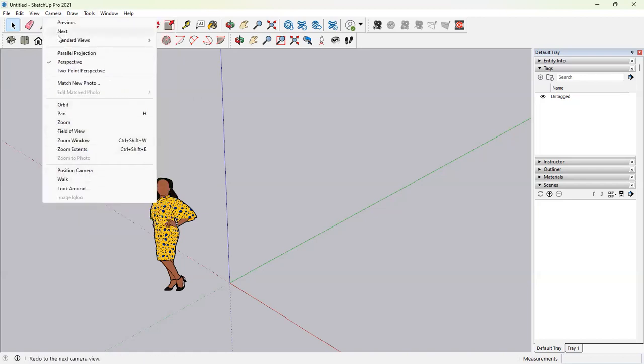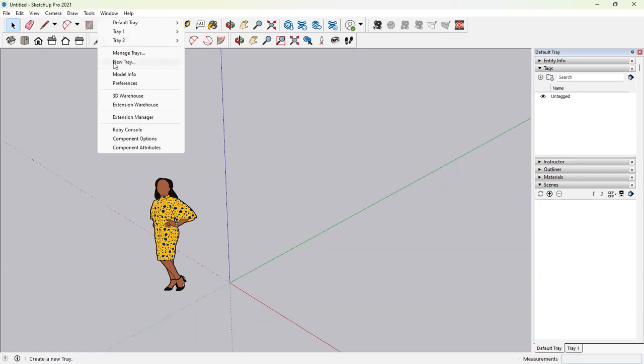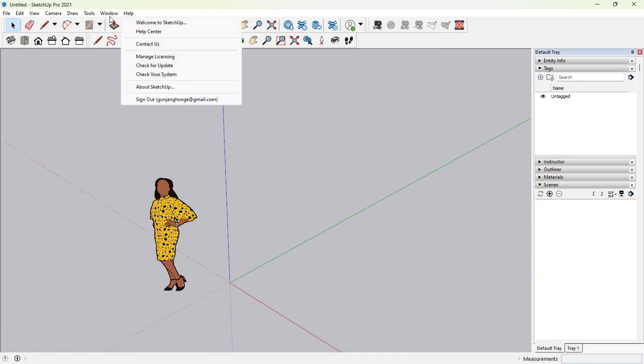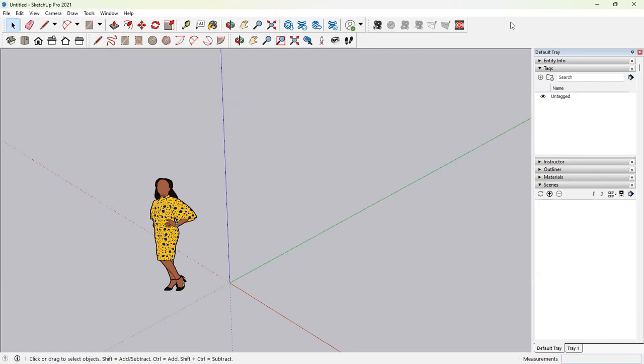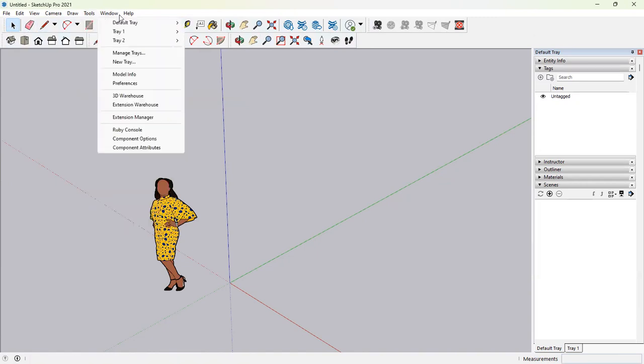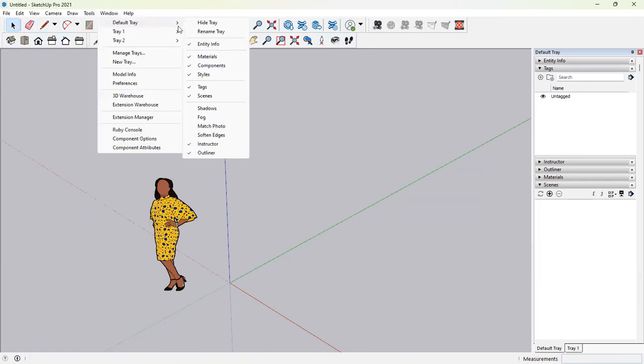Camera will be all your views, perspective, top views, where you can zoom, extend the window, position camera. Windows is your default settings, and Help is the help center, which we will not be using. The one at the bottom is your toolbar. So all your tools that we are going to use for modeling are here. If you go to Windows and do a default tray, I will just have